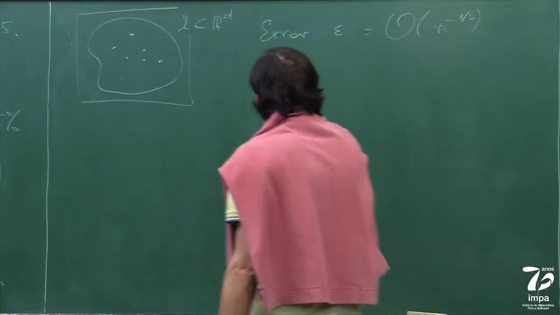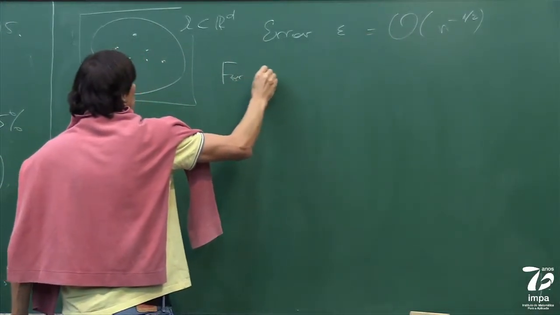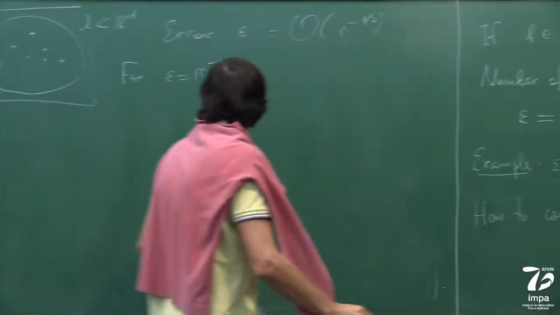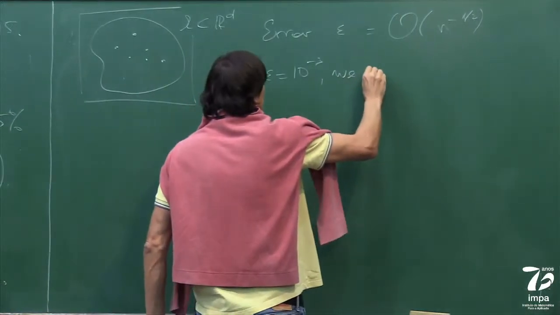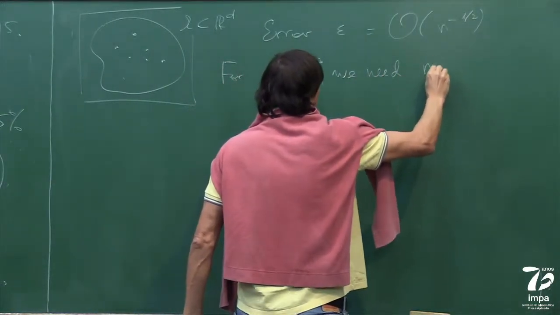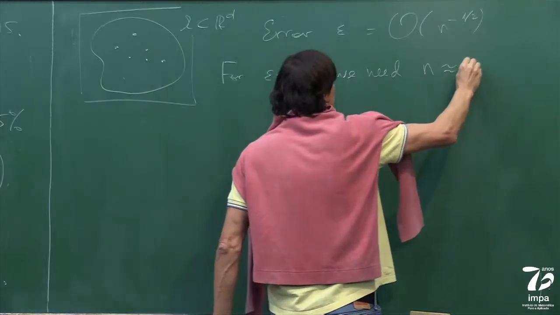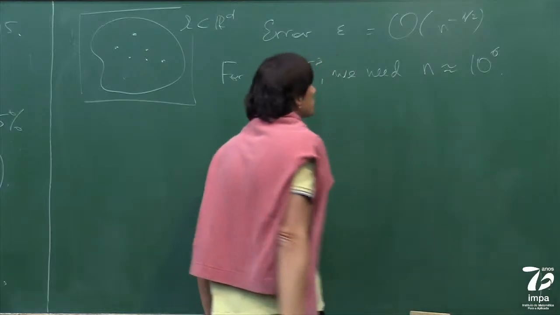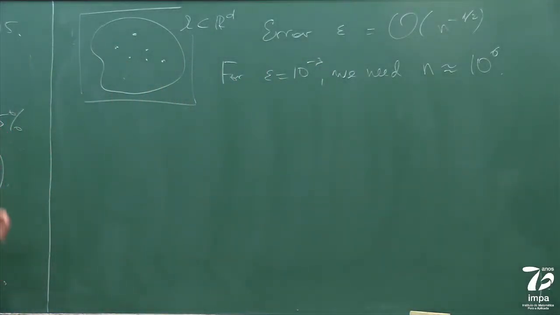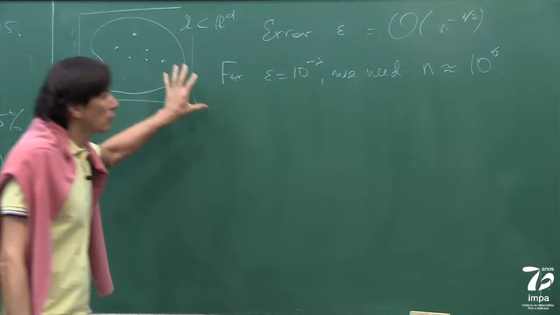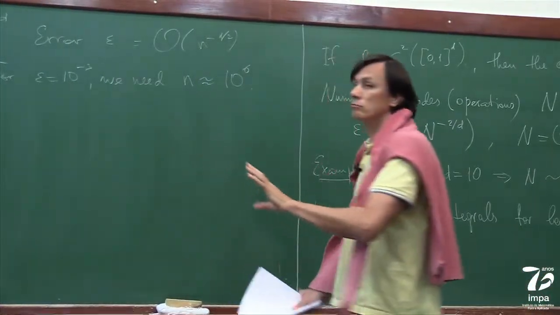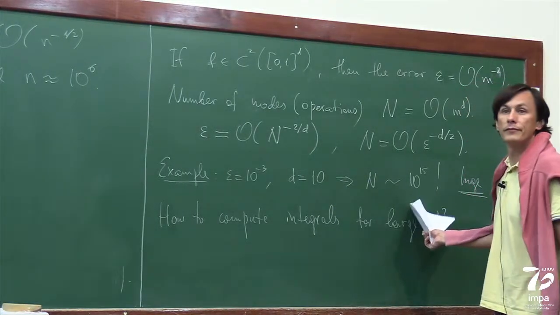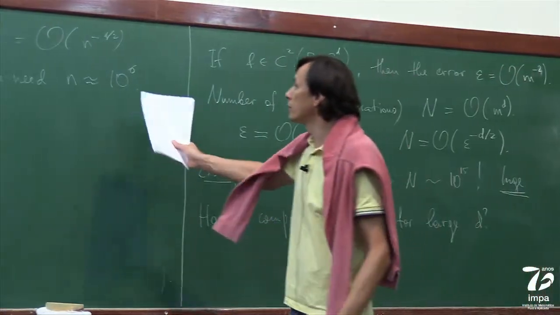So for example, for epsilon, the same epsilon as we had, 10 to the minus 3, we need n of order 10 to the 6 points. So we need a million points in order to compute the integral for arbitrary dimension. Dimension doesn't matter. And you see that for dimension 10, it's certainly way better than the other. So you need many points, but